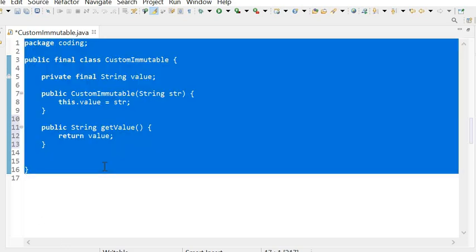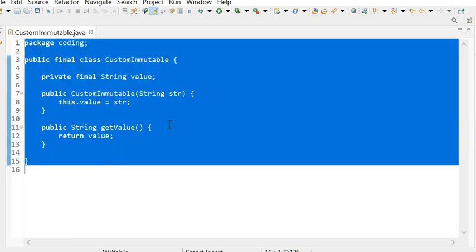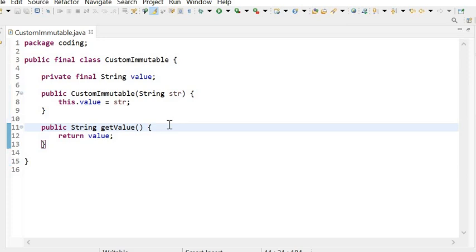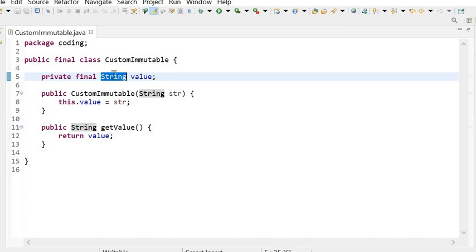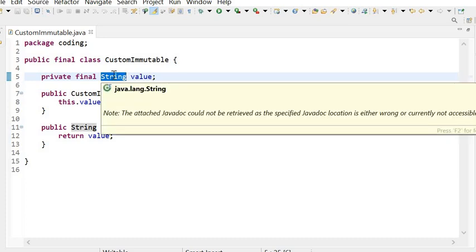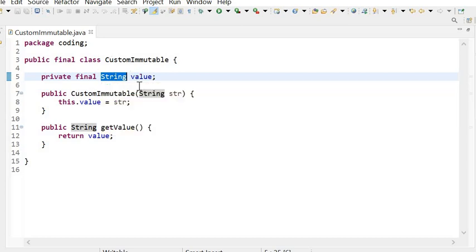So we can say it is an immutable class that is user defined, and as we know the String class is an immutable class, so there will be no issue if we are using the String class as an instance variable in a user defined immutable class. But if we are using a mutable class instance variable, then we need to take some extra care.